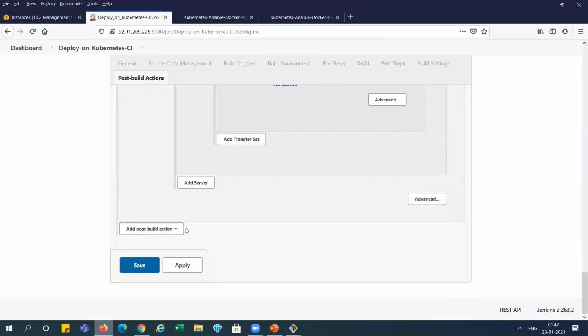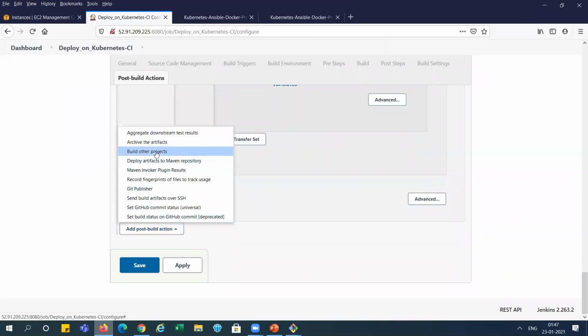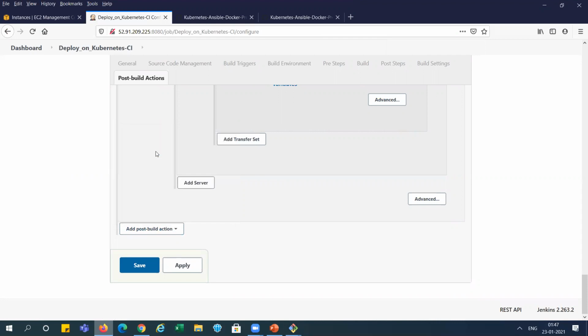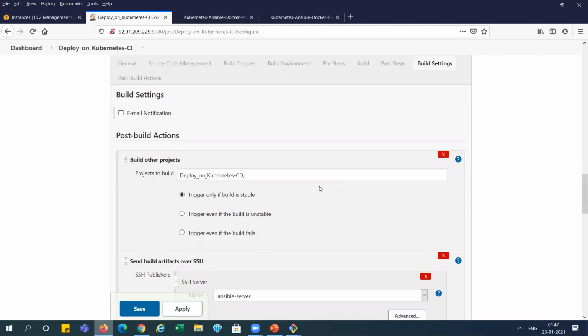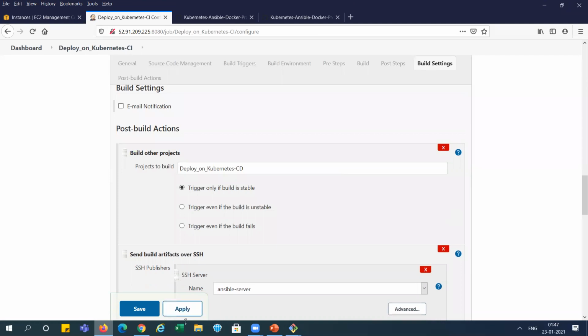You can see post build action. We have build other projects, right? So you select this. I am giving the CD path here, right? No comma, no comma. Okay, it is done. Now I'm applying and saving it.